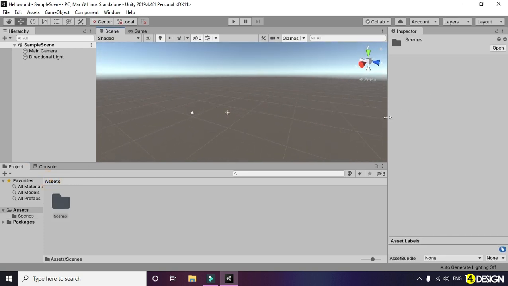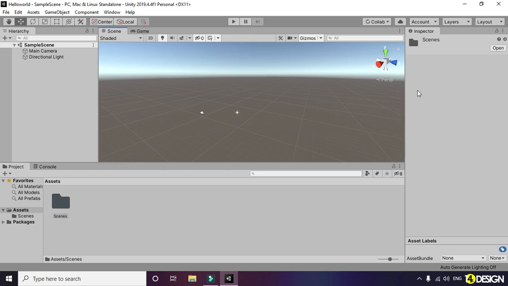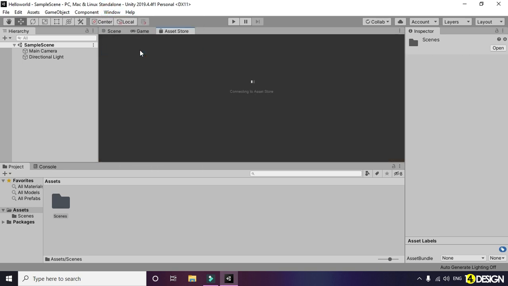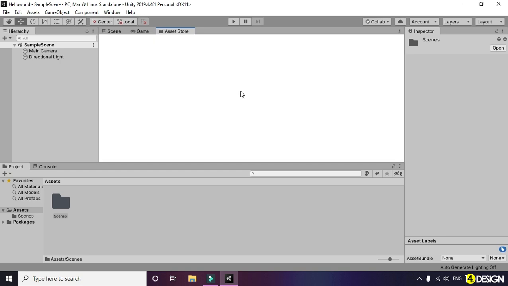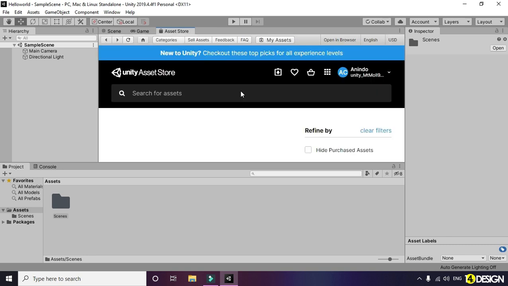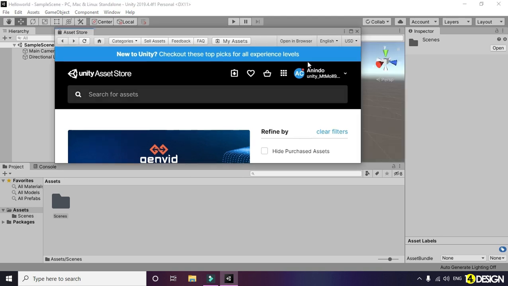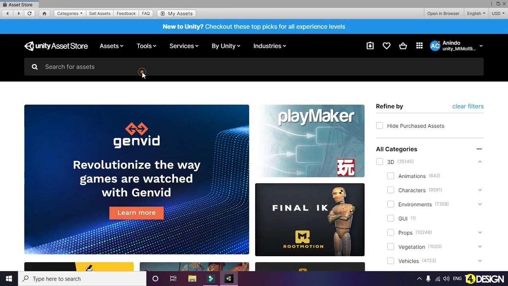So now what we're gonna do is import some assets from the Asset Store. To open the Asset Store, we're gonna go to Window and click on Asset Store. Now the game that we're making is gonna be an open world free roam game. So first we need to import the standard assets.